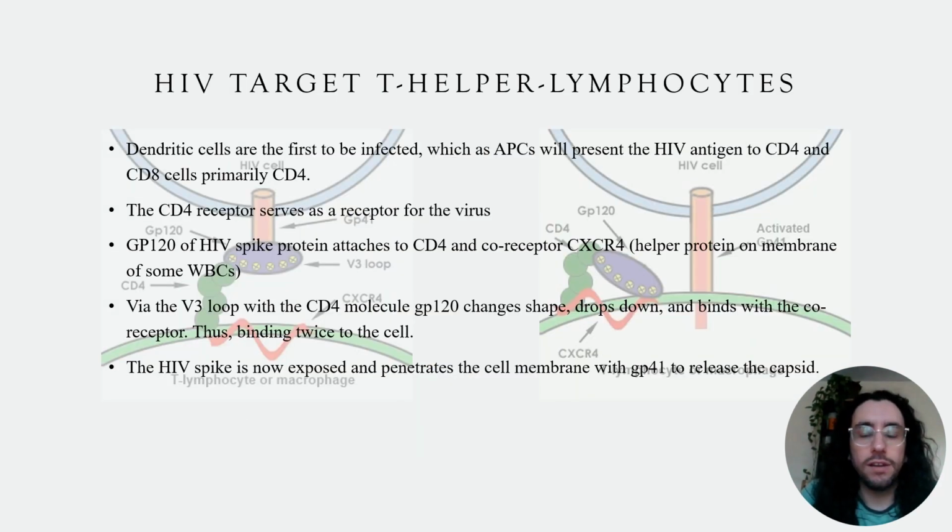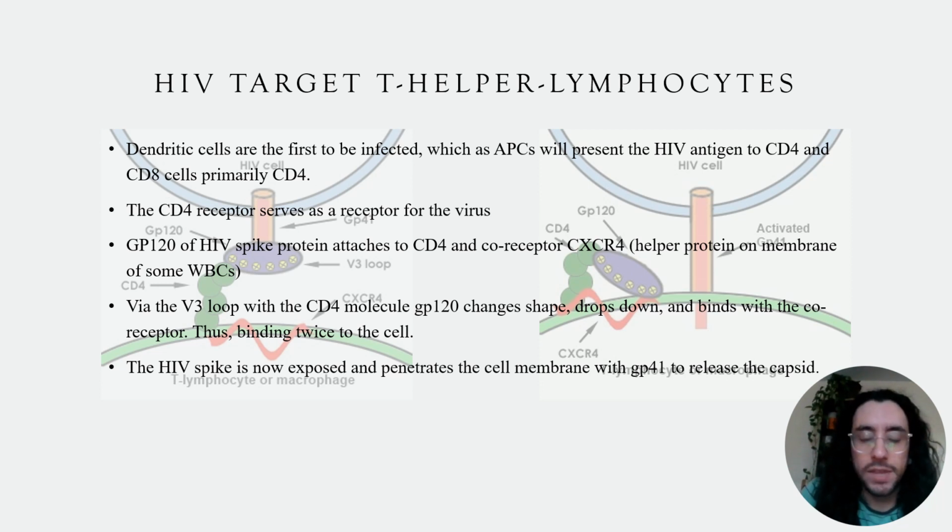So the main target of HIV is T helper lymphocytes, or CD4 T cells. Dendritic cells are the first to be infected, but because they are antigen-presenting cells, they will present HIV to the CD4 T helper cell. And the glycoprotein 120, which 120 is just the molecular weight in kilodaltons, will attach to